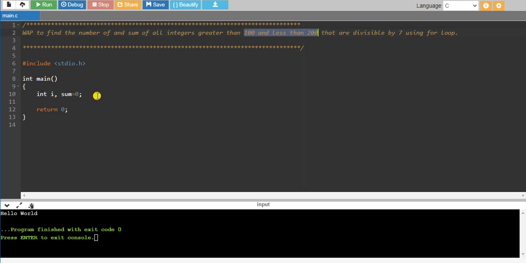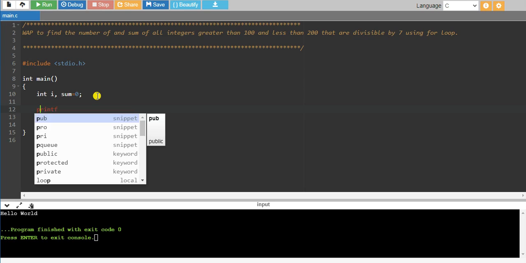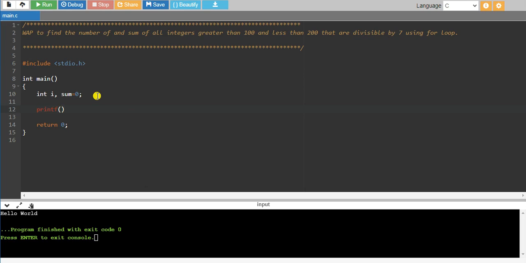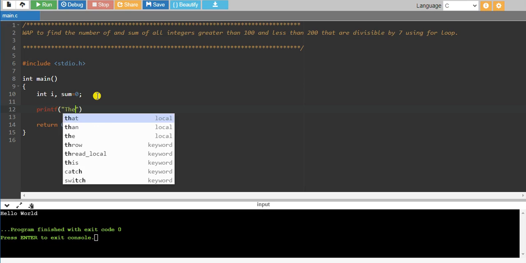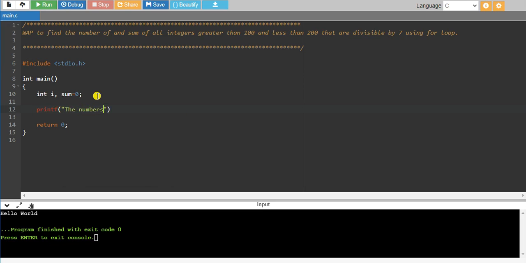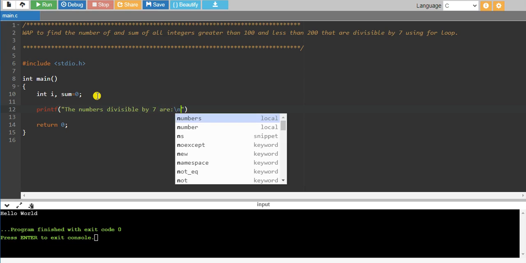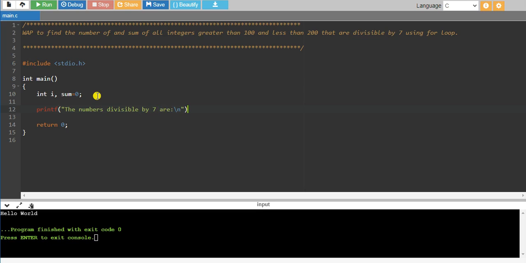So I'll have a printf statement here: printf, the numbers divisible by 7 are as follows, then slash n, in a new line I'm printing them.